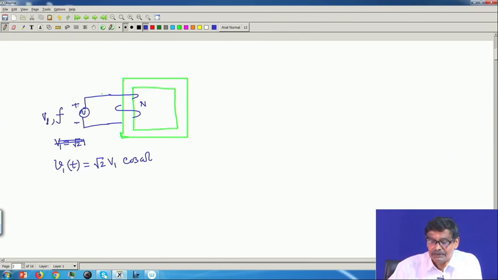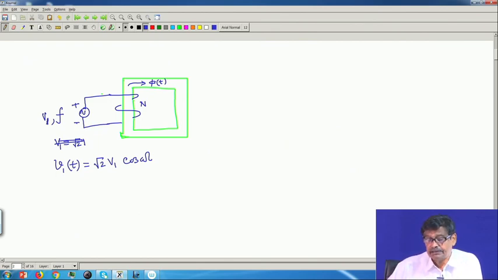Not like that. The moment you apply a known RMS voltage at certain frequency f, where omega equals 2 pi f, across the coil, the level of flux which will be produced, which will also be time varying, it is expected, gets fixed. Now, what is the reason for that?